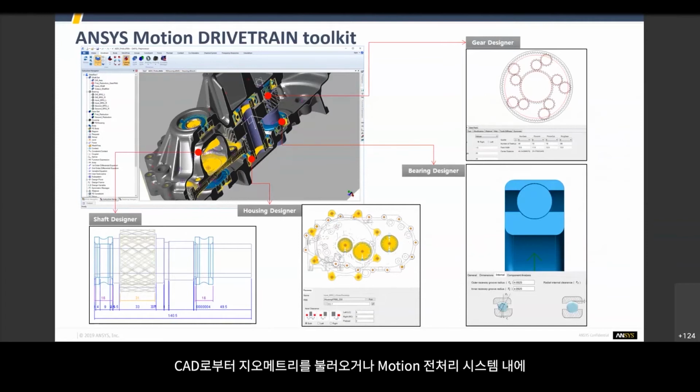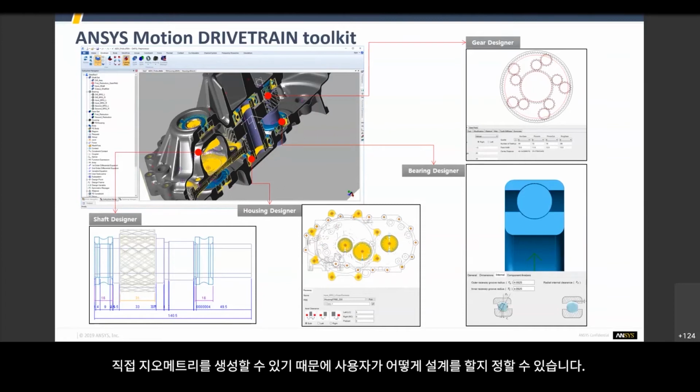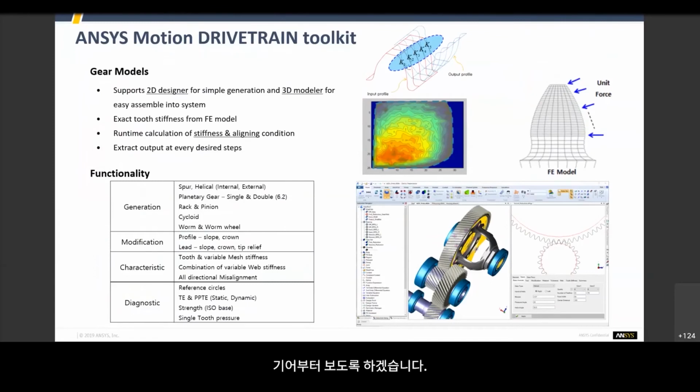And each of those allows you to either import geometry from CAD or create your own geometry directly inside of the Motion preprocessor system and define how it will be used either as a shaft, a housing, a bearing, or a gear. So gears first. So the gear system,